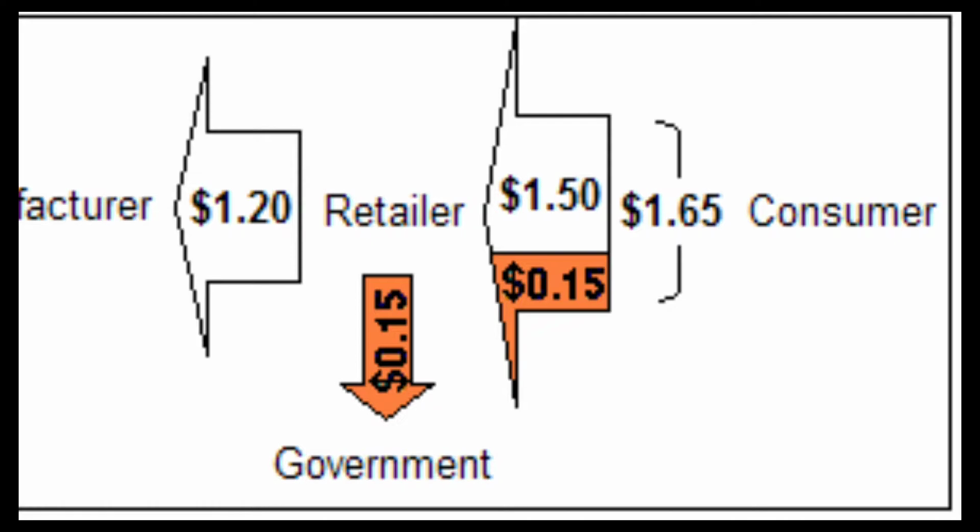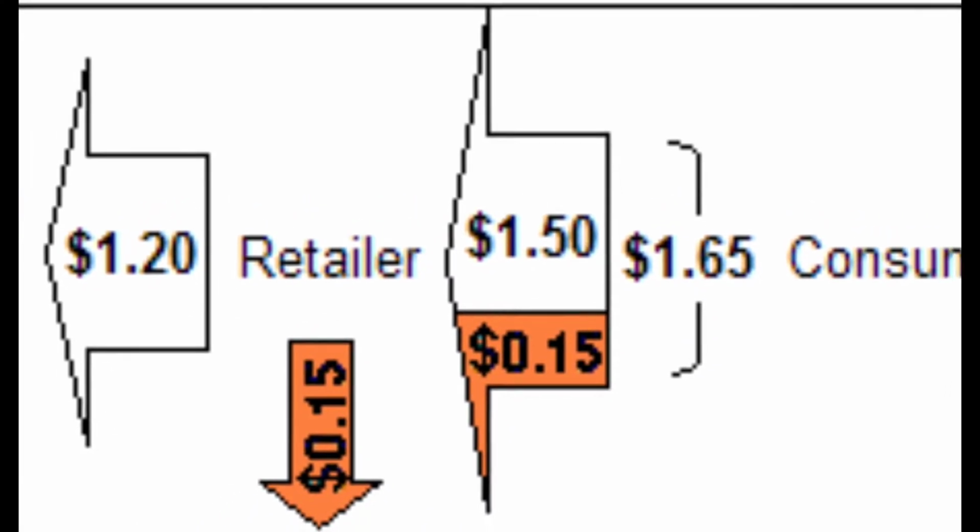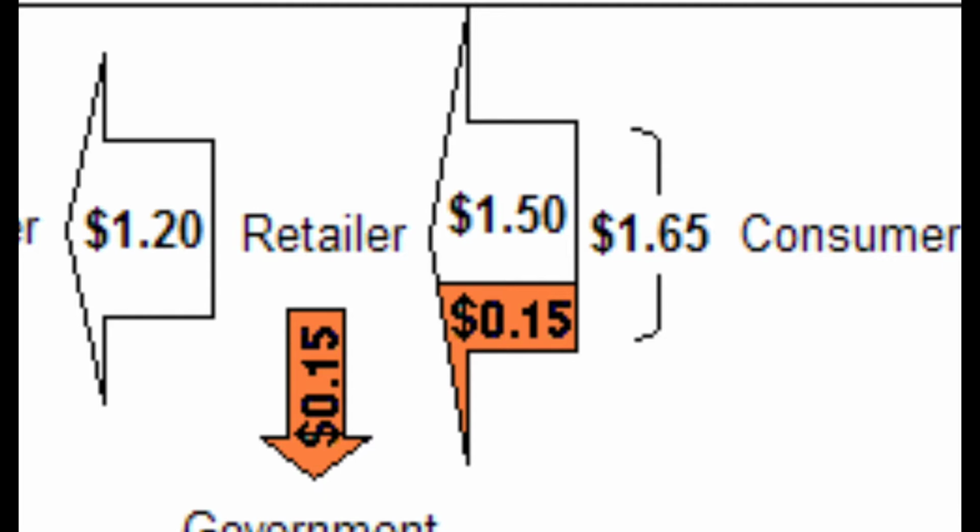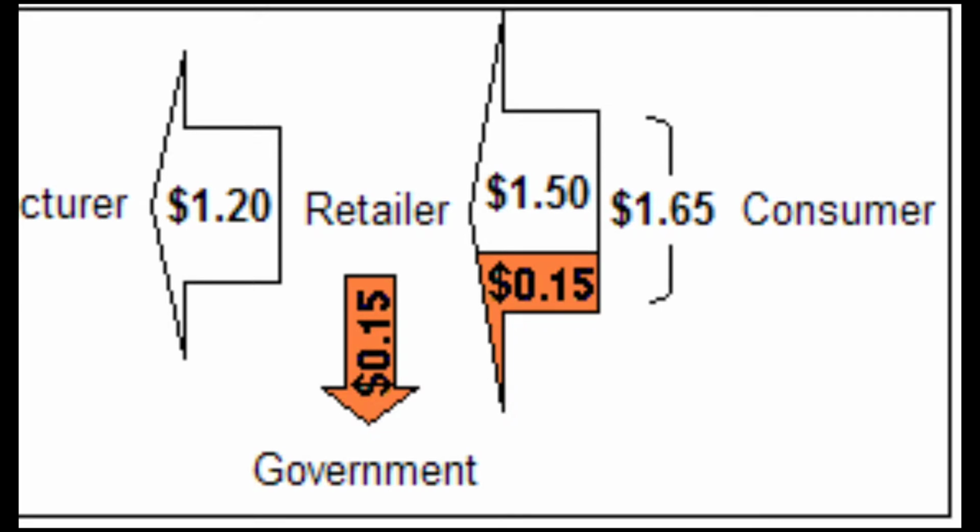Remember, the retailer bought the chairs from the manufacturer for $1.2, and the retailer will also incur some costs, for example the cost of the shop. After keeping his own profit margin, the retailer decided to sell the chairs to the end consumer for $1.5, as you can see in this arrow over there. But he will not charge the customer only $1.5. He will also charge sales tax to the consumer. Suppose at the rate of 10%, and 10% of $1.5 is $0.15. So he will invoice the consumer for $1.65, which is essentially $1.5 plus $0.15.